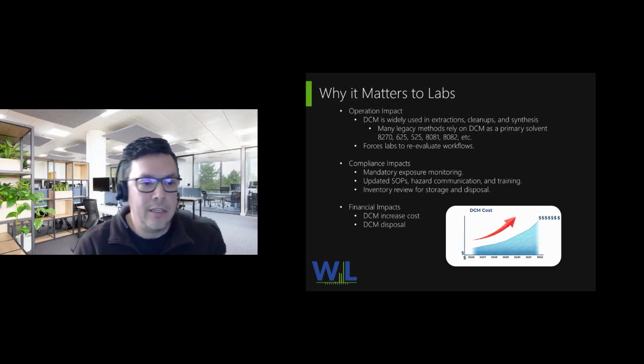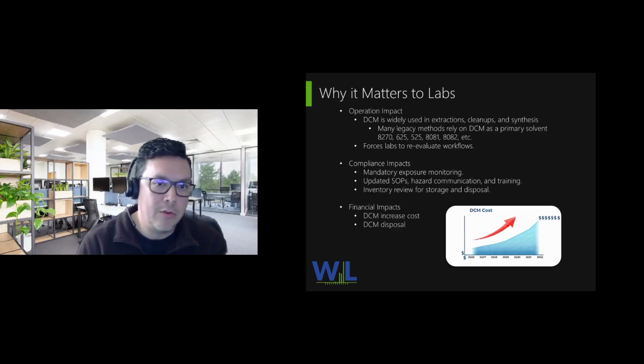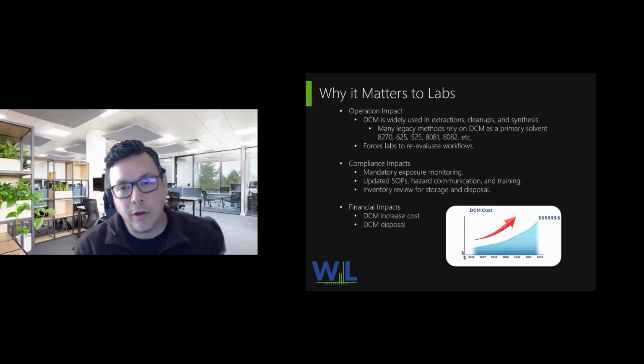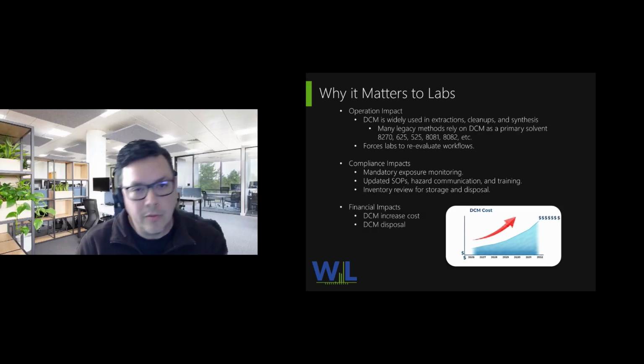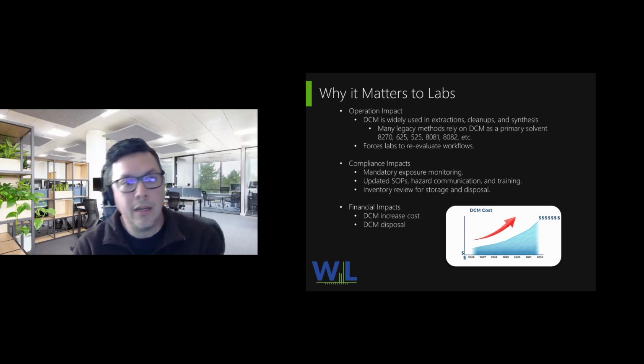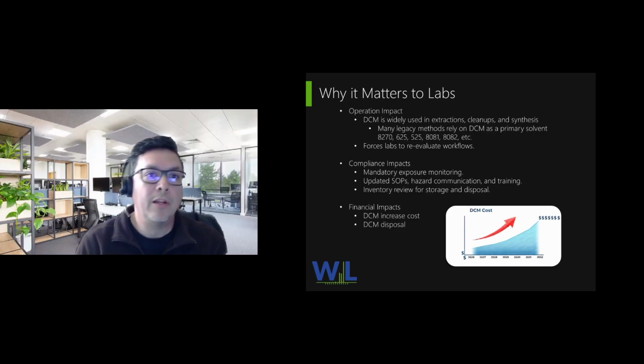The DCM ban increases, it's going to have essentially a shortage. It's going to be produced less. So the lack of production is going to increase the cost, and it's going to go up throughout the years. And I see that already. The cost of DCM is going up. Also, disposal. Getting rid of methylene chloride, we don't use 100% of the methylene chloride. So we have to have somebody come pick it up, treat it, and dispose of it properly. That's also going to increase in cost.